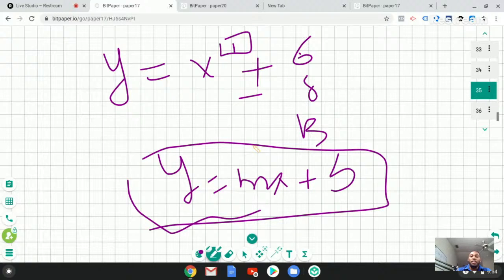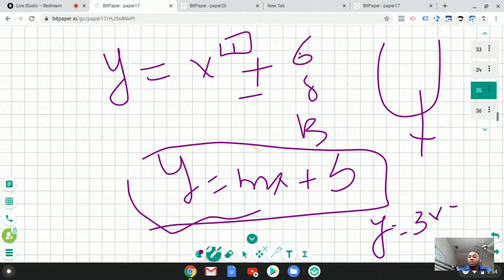So if you have x squared, then you start having a quadratic equation. That's not linear because it doesn't make a line. This makes a line. If you graph this, y is equal to 3x plus 6, it's gonna make a line. But if you graph anything that doesn't have that,